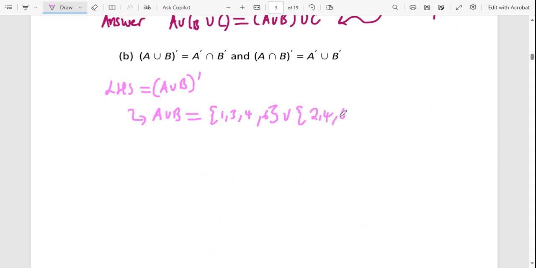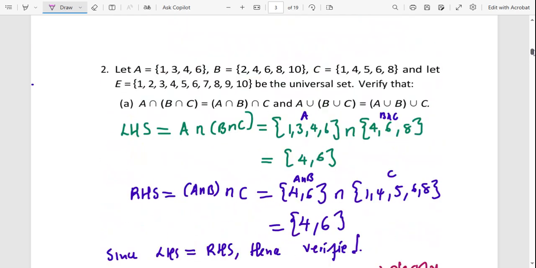2, 4, 6, 8, 10. And this is going to give us what we can see appearing in both sets. We have a 4 and a 6. Remember the inverse set is from